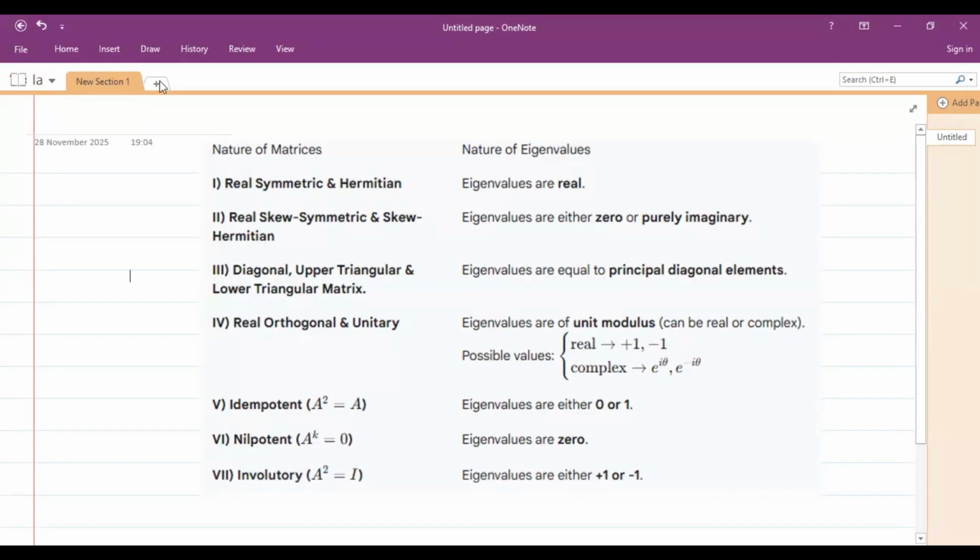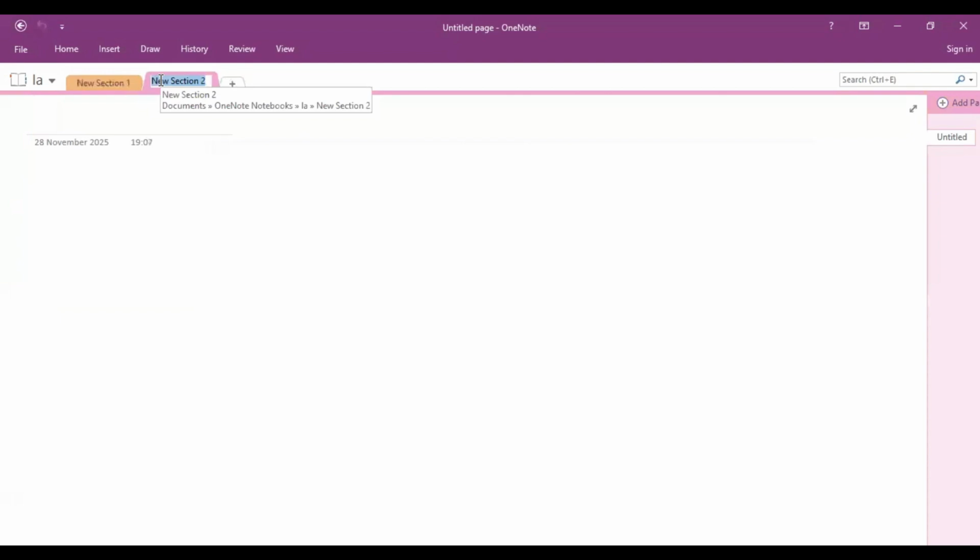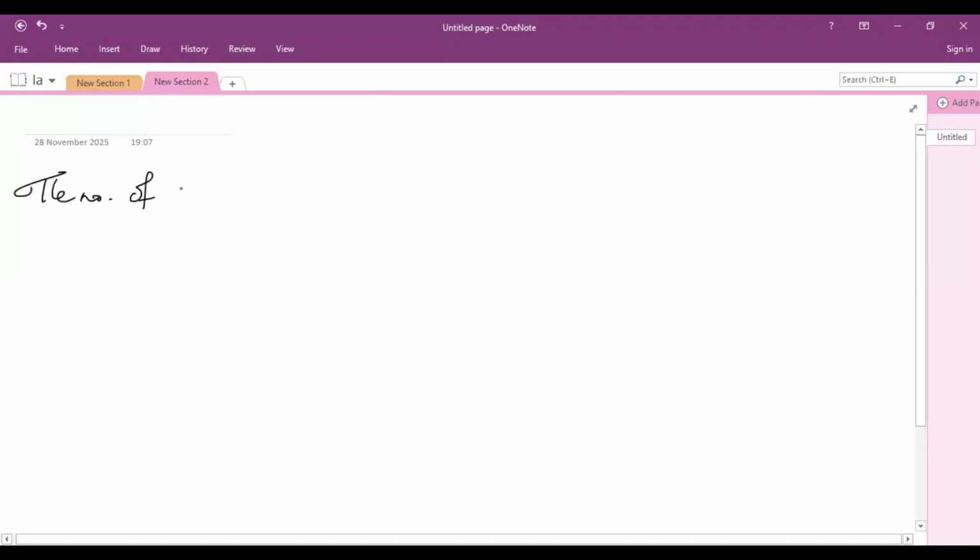Okay, so keeping this in mind and going through the theoretical part as well, let's look at some examples which will involve the information about rank, the system of linear equations, and then the eigenvalues and eigenvectors. Just to proceed, let's take this example, which is the number of solutions of the system